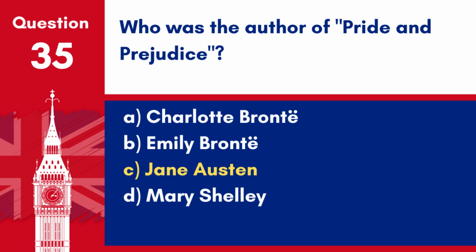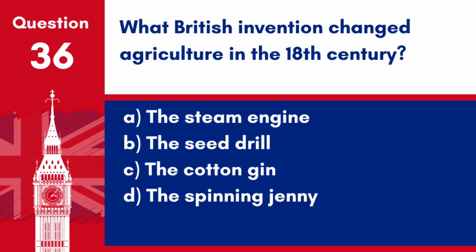1813. Question 36. What British invention changed agriculture in the 18th century? A. The steam engine. B. The seed drill. C. The cotton gin. D. The spinning jenny. Answer. B. The seed drill. The seed drill, invented by Jethro Tull, revolutionized agriculture in the 18th century by sowing seeds in well-spaced rows at